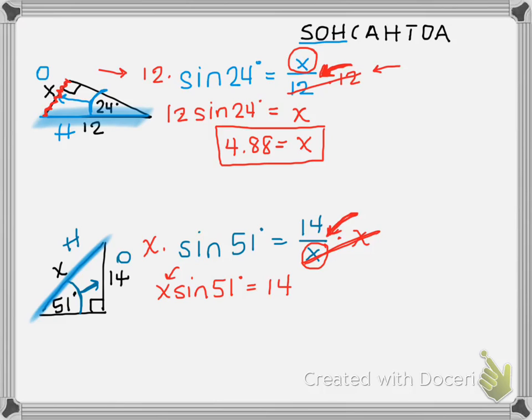Well, our x is not by itself yet, so we need to get it by itself. So instead of multiplying, which is what we're doing there, we need to divide by sine of 51 degrees and then go from there. So we have sine of 51 degrees. Alright, so we have 51 degrees here. And then x will be by itself on this side because the sine of 51 canceled itself out when we divided by it. So we have 14 divided by sine of 51, which is